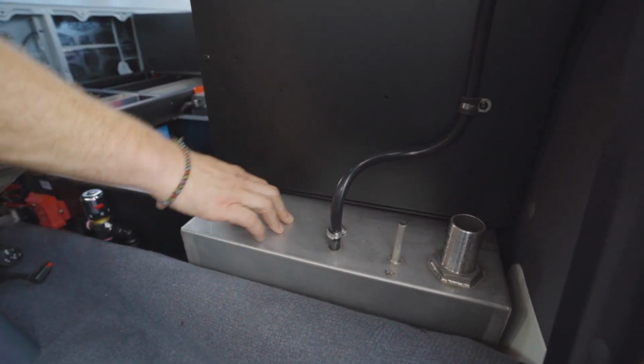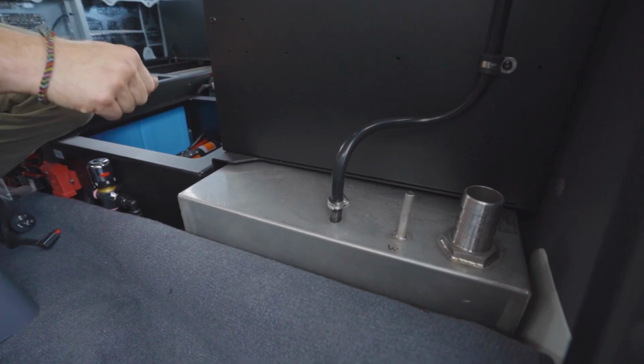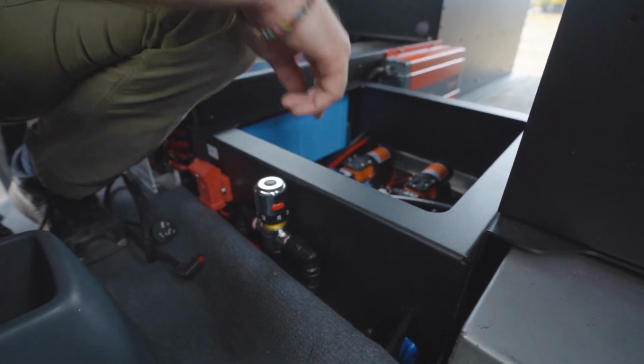Also part of the water system is this 70-liter water tank that fits very snug around the wheel arch. It hasn't got a filler yet, that is still to come. It's got its breather on the side here, and then it is connected to the tank pump input for the